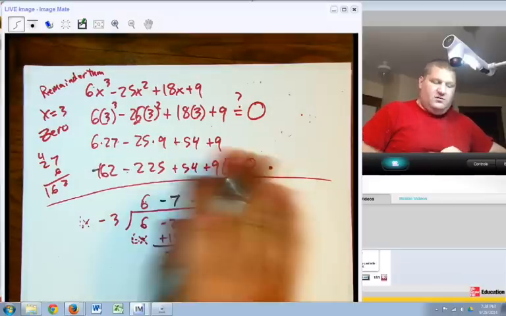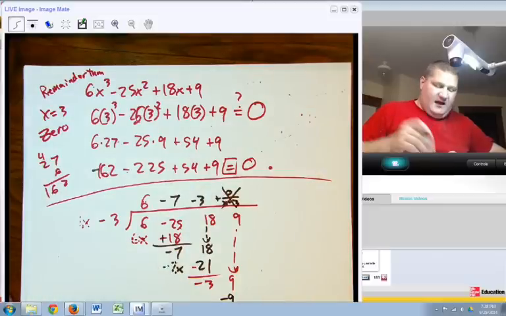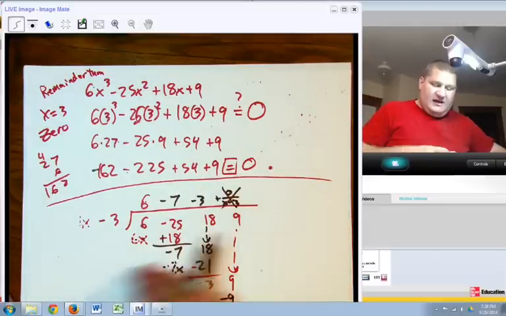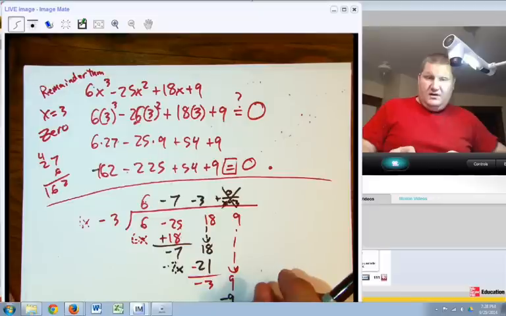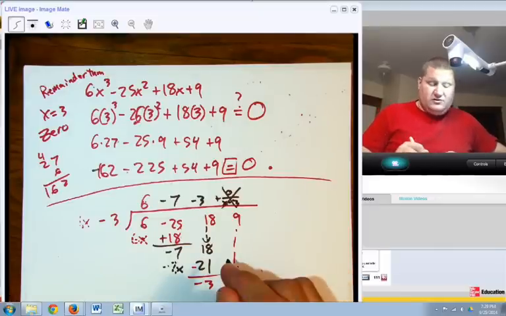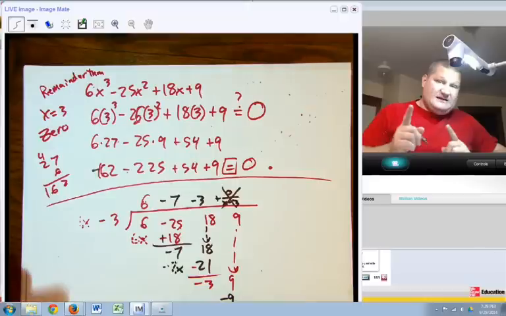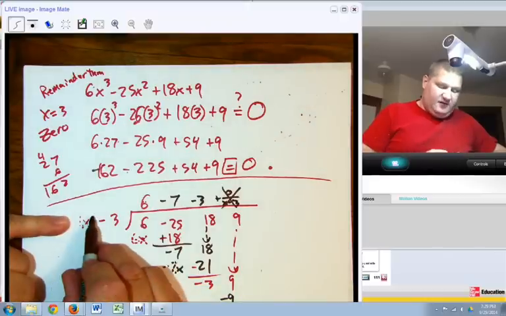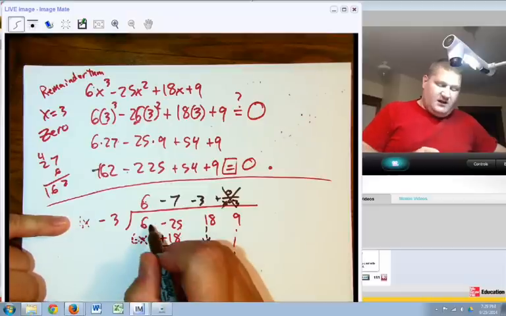But the whole time I did this process, I have the variables in my head. It's just they're not on the paper. And really, folks, I don't want to encourage you to use less work. I'd rather encourage you to use more. Besides, this process only works when x is to the first power. And it assumes that you have all pieces here,